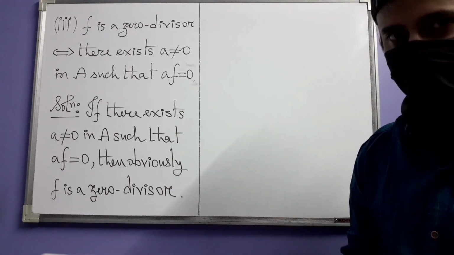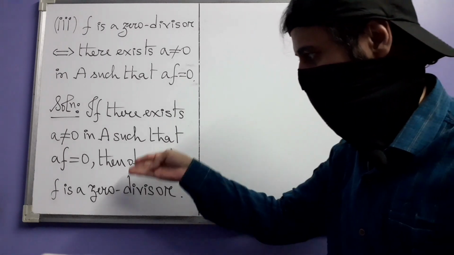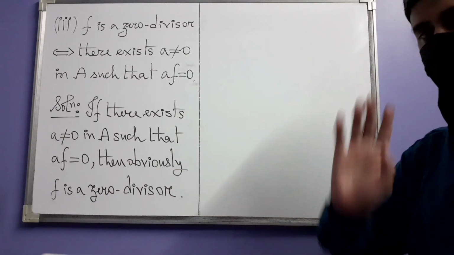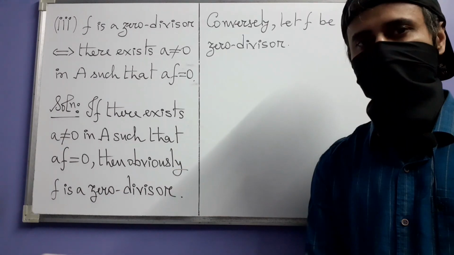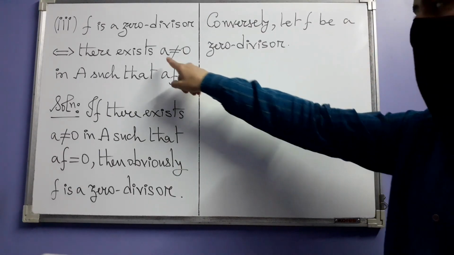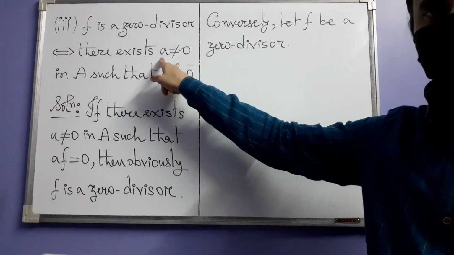It is a constant polynomial. So by definition in this case f is a zero divisor and we are done. And then comes the converse. Conversely, let f be a zero divisor, and now we are seeking an element a like this, so that it